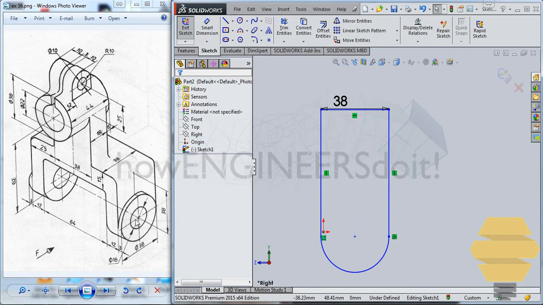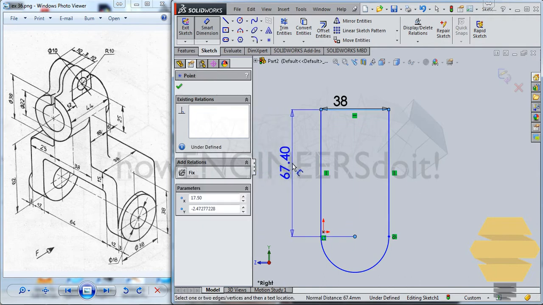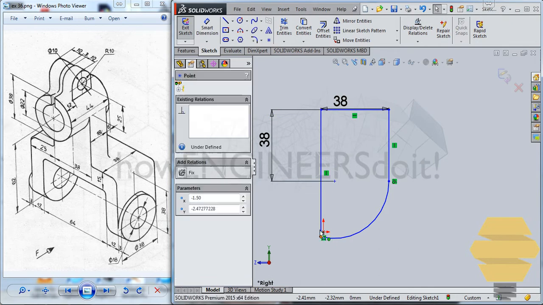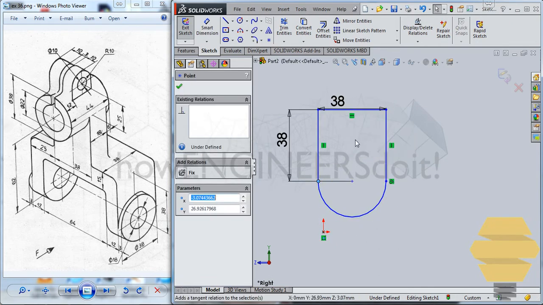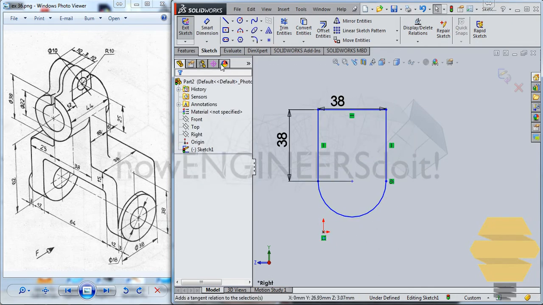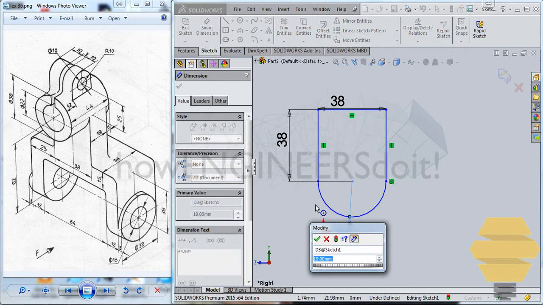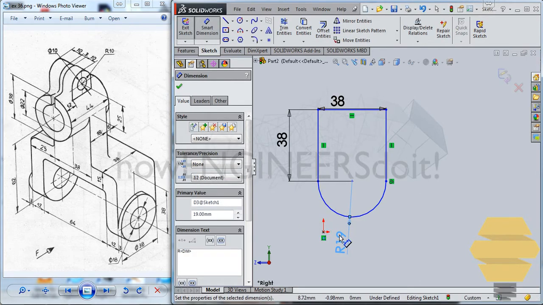Now we have to see what is the height from here to here. So that is 38 again. From here to the center of the circle will be 38. Just drag this outwards and mention the diameter of the circle. That'll be again 38. So radius is 19, so diameter will be 38. And we have a somewhat fully constrained sketch here,